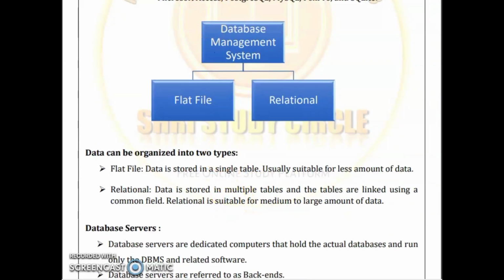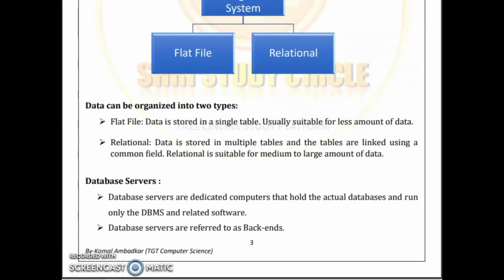Now the next concept is database server. Database servers are dedicated computers, we can say, that hold the actual database and run only the DBMS and related software. Database servers are referred to as